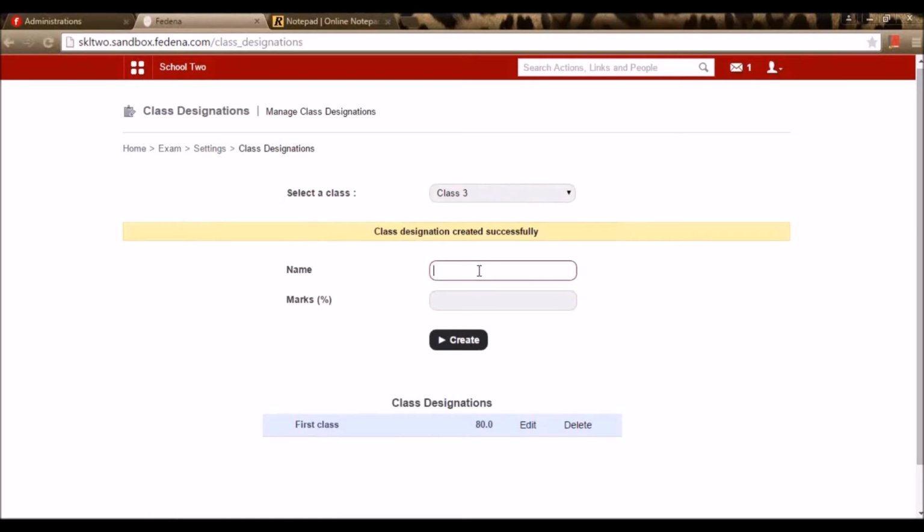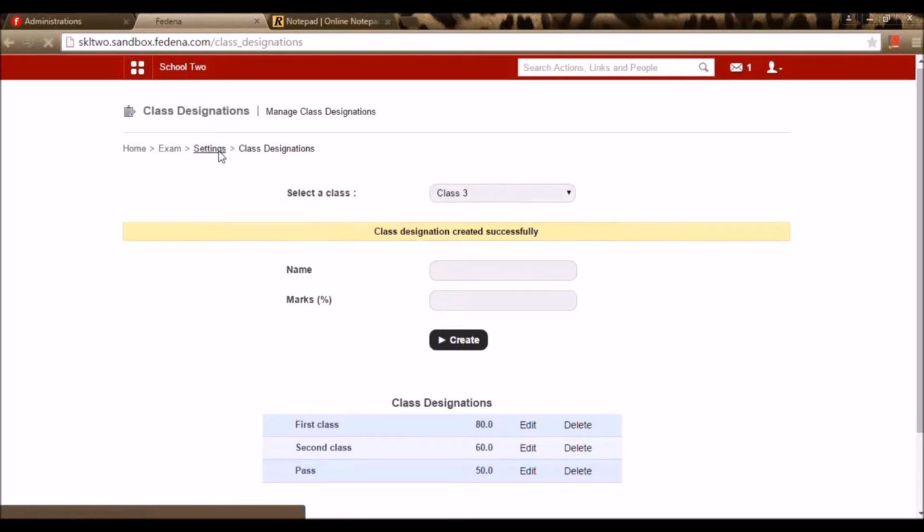So let me give another designation, say second class, with a score of 60% and above, and I can give one more class to be pass with a percentage of 50%. I'm creating it. So right here I'm done with creating class designation.